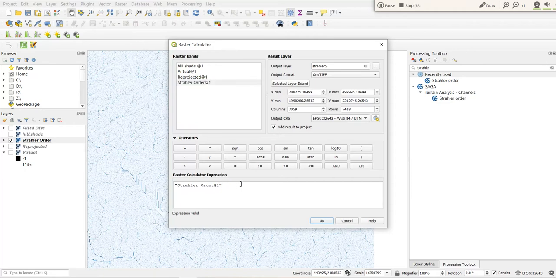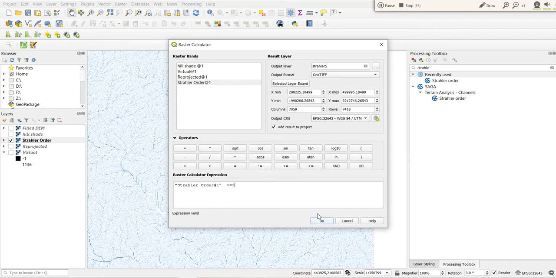So there it is. So let's set greater than 5. And here it is written that the expression is valid. We can say greater than or equal to also. Let's say greater than or equal to 5.